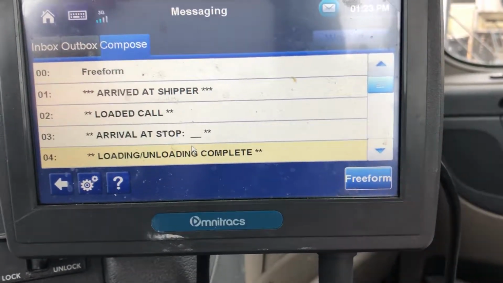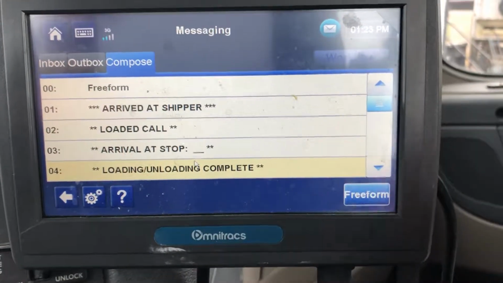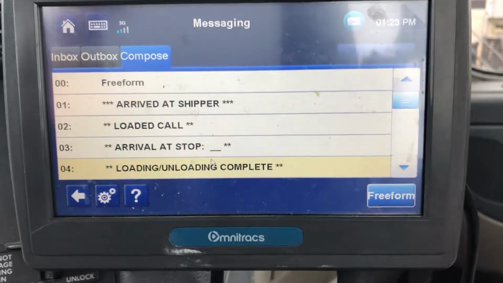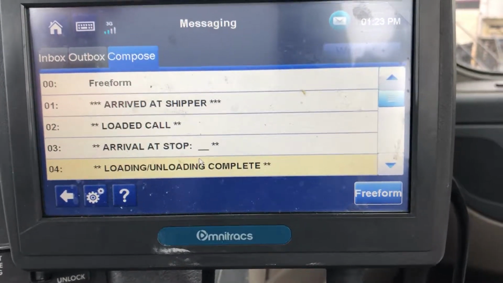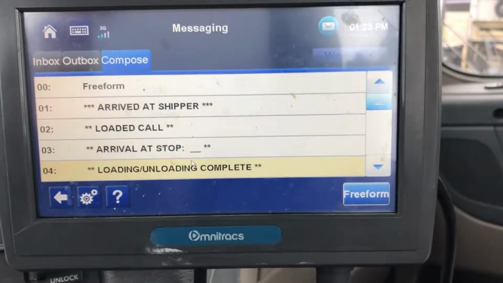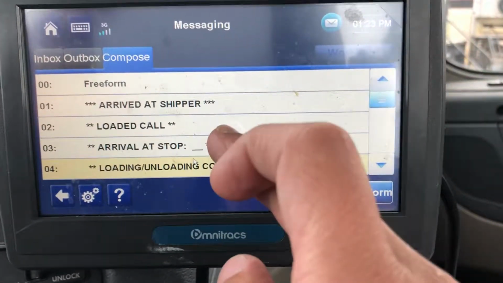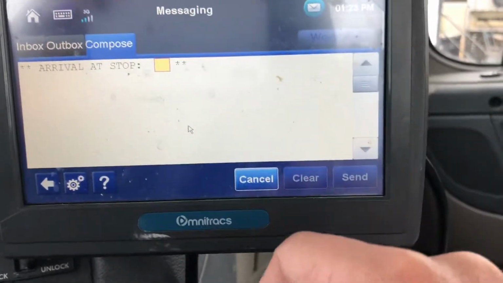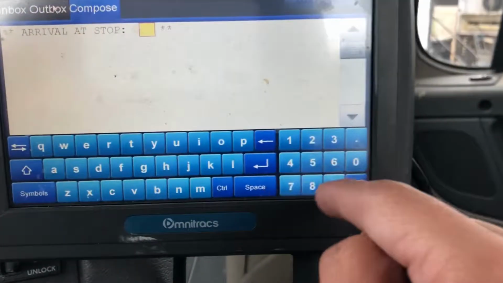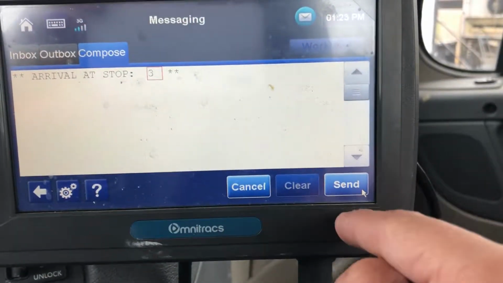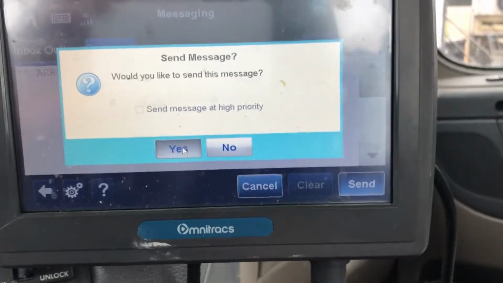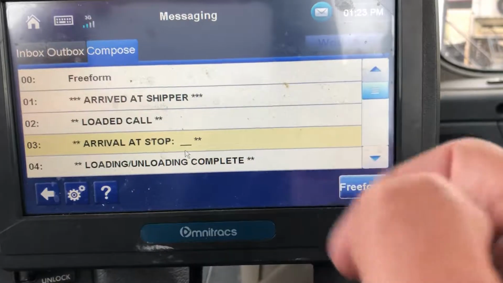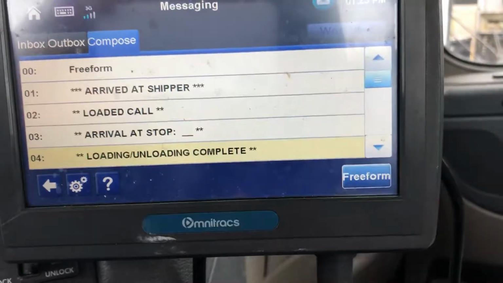And we repeat this step as many times as we need to complete all the stops. So if we have a total of 4 stops, then we would do this step 3 times. So again, we go into our stop number 3, and here we go again. And once they're done,